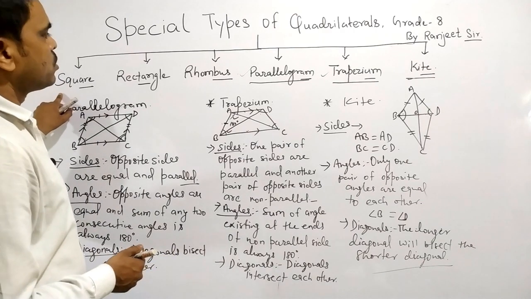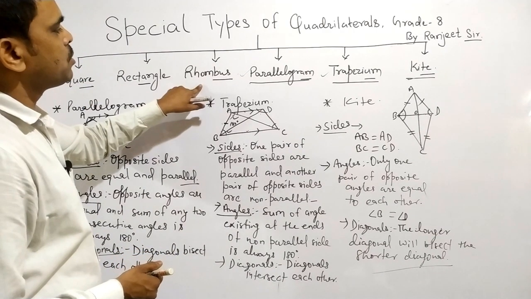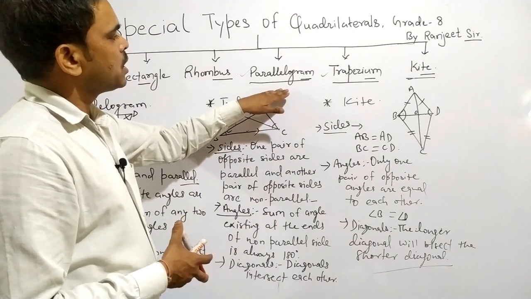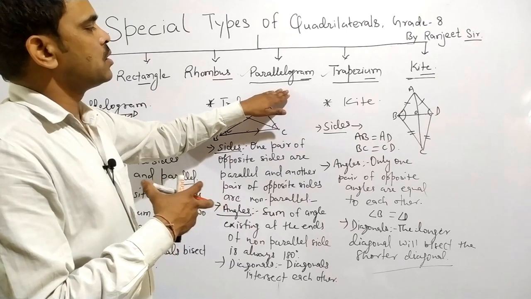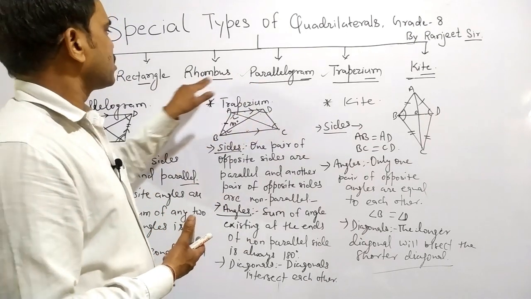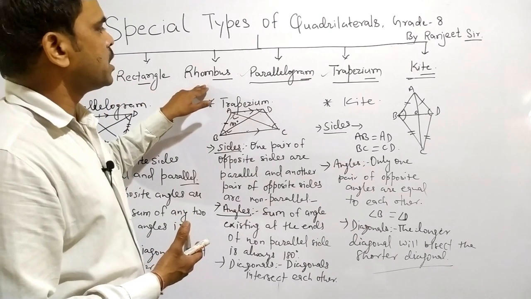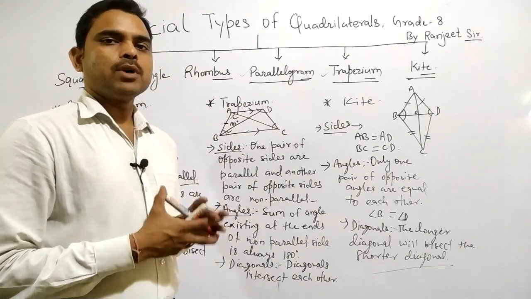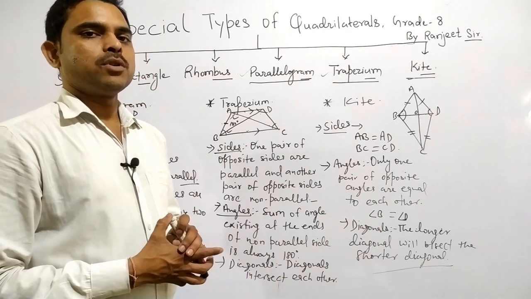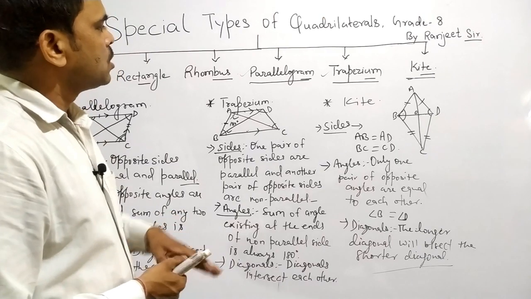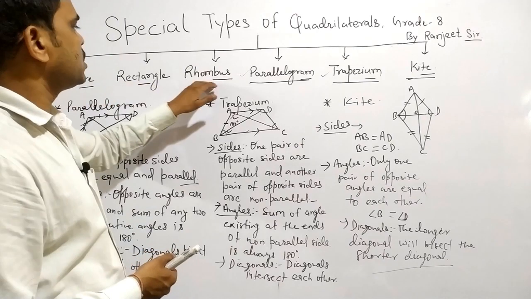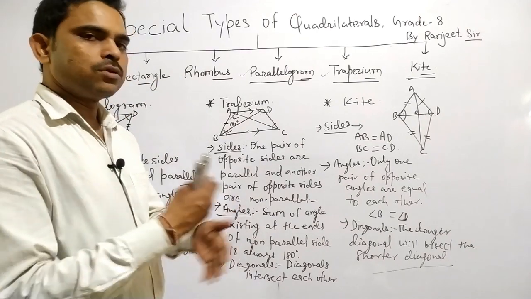Like a square, when you go through the square, rectangle, rhombus, the properties of these three, you will find this is like the property of parallelogram. Okay, so you just compare and tell me, and if you have any problem in comparing, you must write in comment box. I'll give you reply about that. So one thing is this. Okay, so when you will observe the properties of these three, you will find it is equivalent to parallelogram,